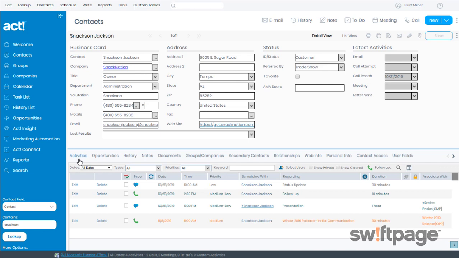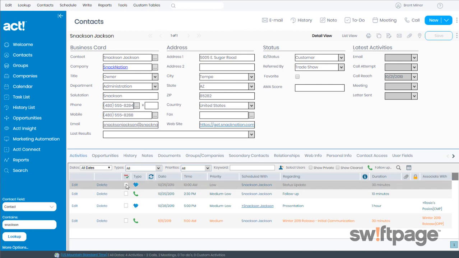When you create an activity here, it will also show up on your calendar and your task list of something that still needs to be completed. And once an activity is completed, you can check the box next to it to clear it. Activities that have been signified as cleared will be crossed out and will be moved to the history list in ACT. ACT will also create a record on the history tab of this contact stating that you have completed the